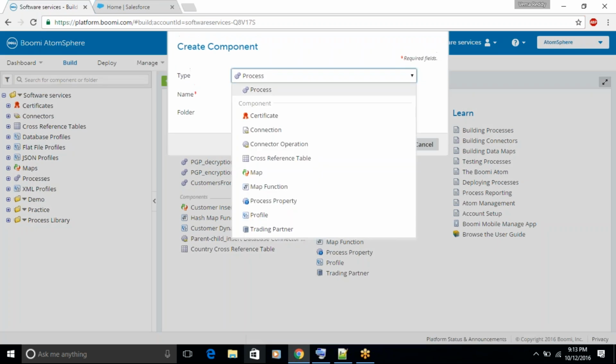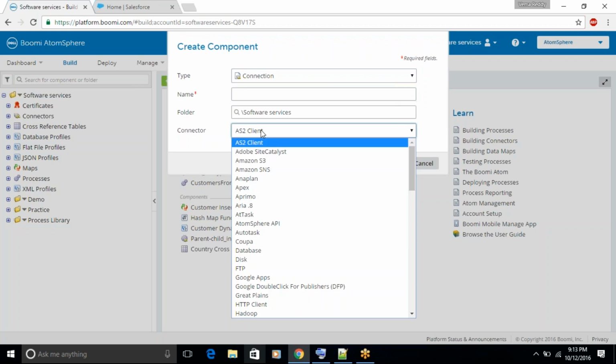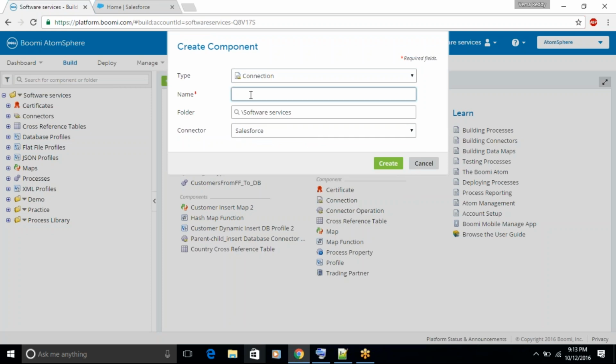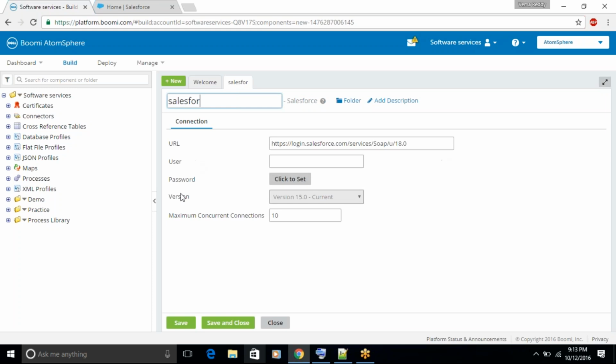Let's go here and try to create a connection. Let's select the type of the connector as Salesforce. Just create any connection. In order to connect Boomi to the Salesforce application, you need to enter the URL, username, and